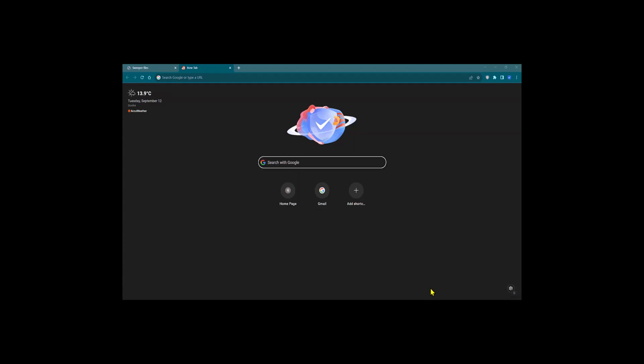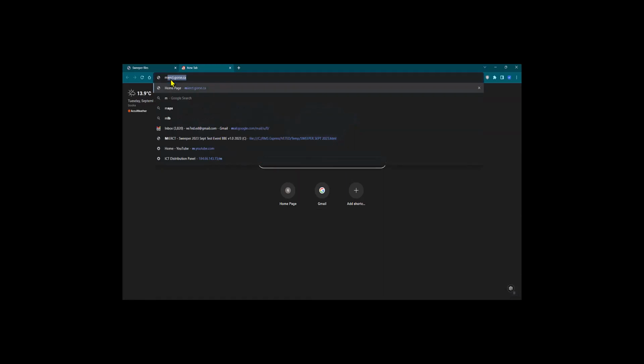Sweeper September 2023 test event, downloading and installing the form. First, we'll go to the website